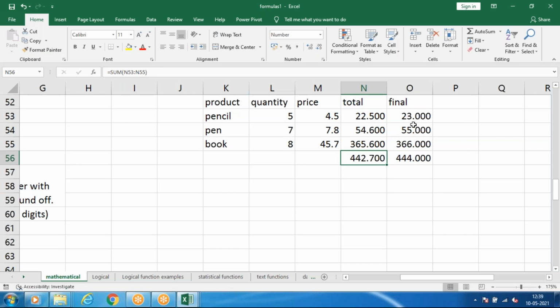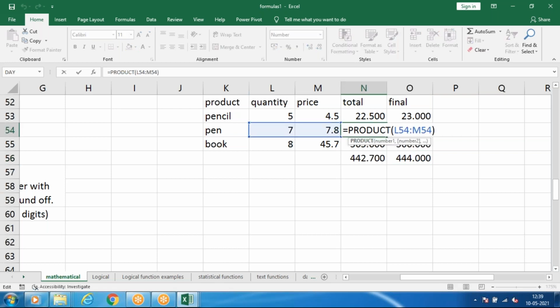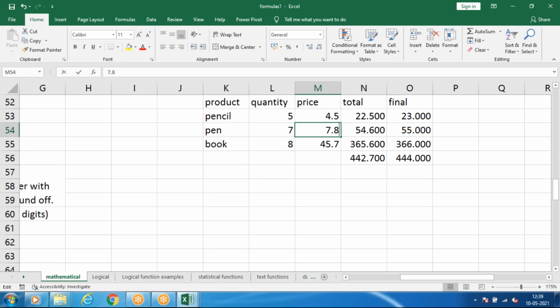So that is after rounding off the number and before rounding off the number. Suppose if the point value is less compared to that, so like this it will get automatically rounded off.